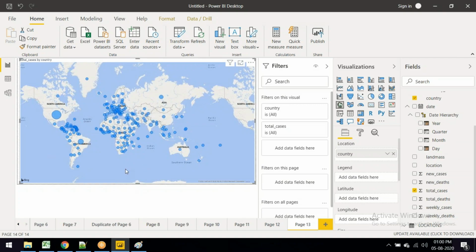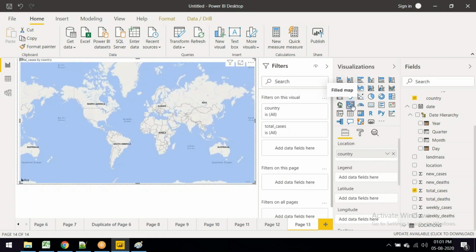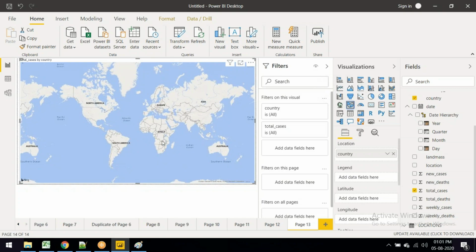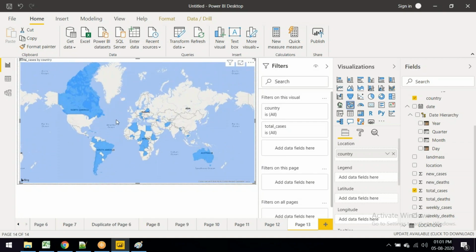So this is called the map, right? A normal map. So you want to go for the filled map? Yes, it will go with the filled map. Based on the value, it will create the filled map. It's getting generated, and based on the color, you can go for the total number of cases. It is getting generated for each and every